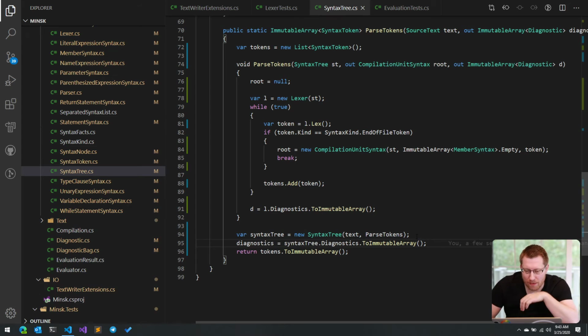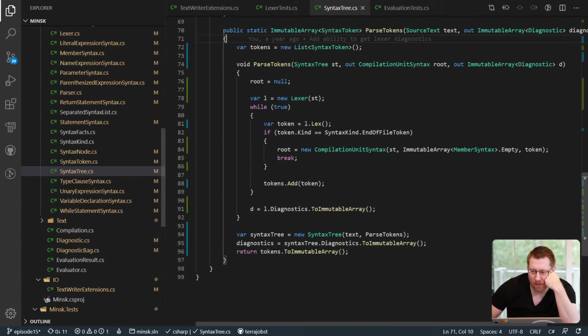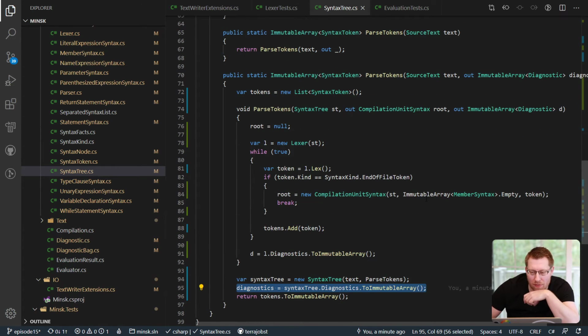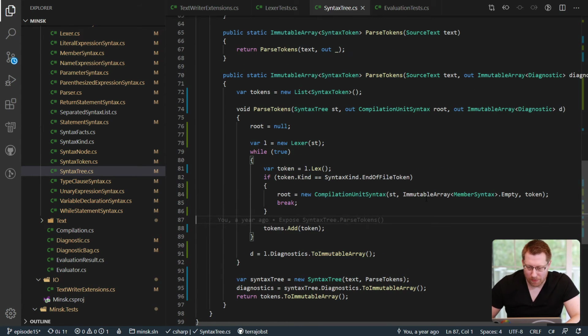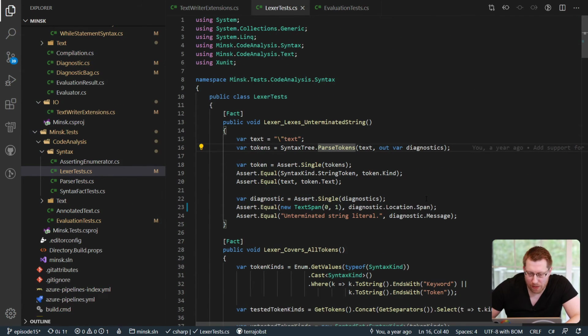So what's basically happening here is that the diagnostics are effectively tracked through the syntax tree, right? And when we return we need to return the diagnostics from the outer function as well, and we didn't do that. But if I comment this out, this shouldn't have compiled. I'm pretty certain. All right. Anyway,